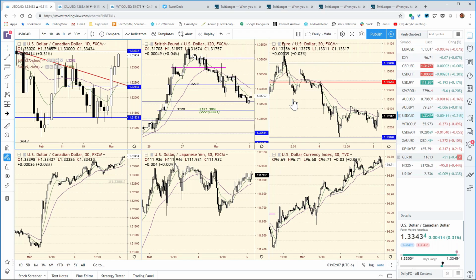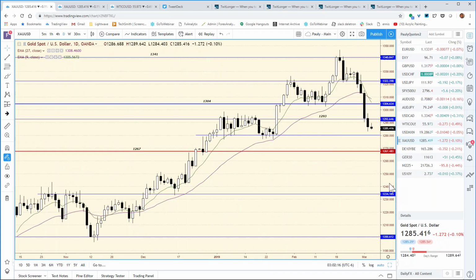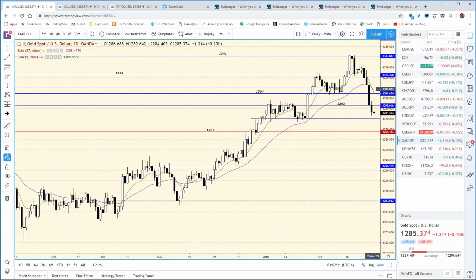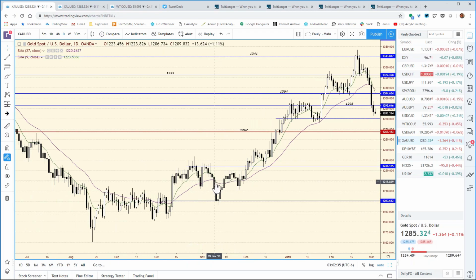Another market that obviously caught some attention from yesterday was the gold market, and certainly we've seen that pullback in the gold. Once again, we're looking at it on the daily, and we've now gone into a sell signal on the exponential moving average. You can see here that once we got this buy, it stayed fairly strong. And one of the good signals that you'll see on these exponential moving averages is whenever you see a dip, so you've gone from a buy to a sell and you flip back to a buy, generally that's